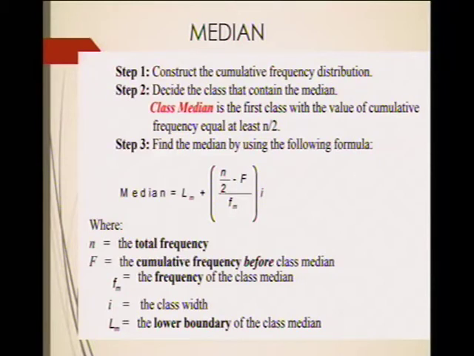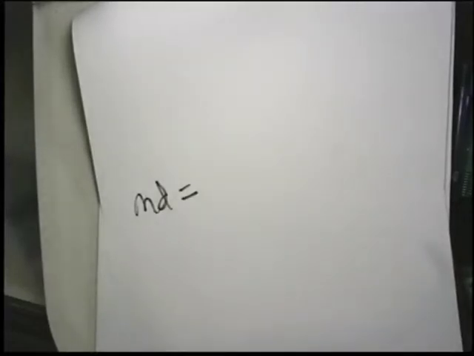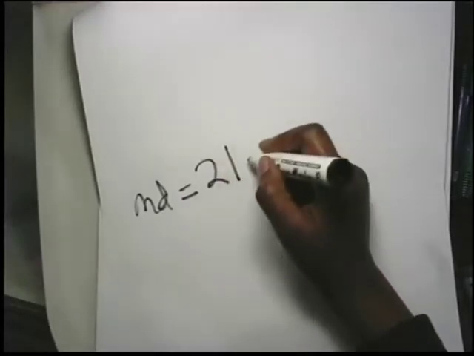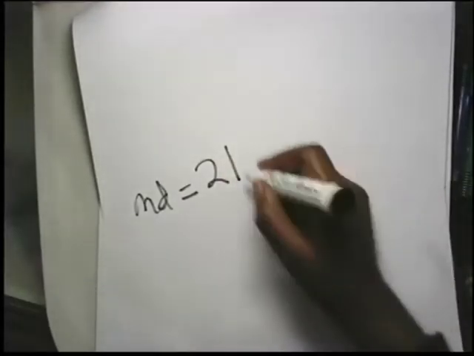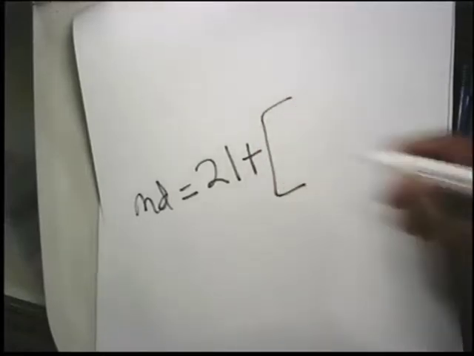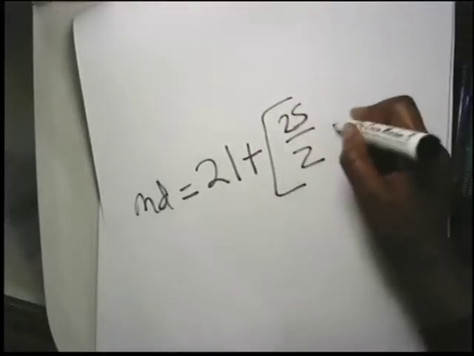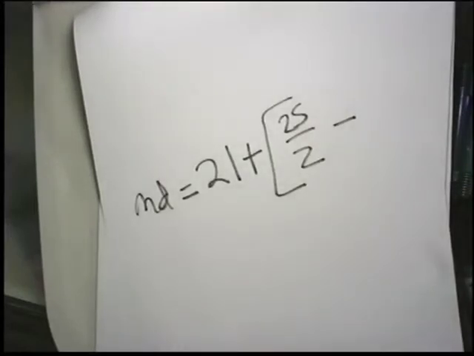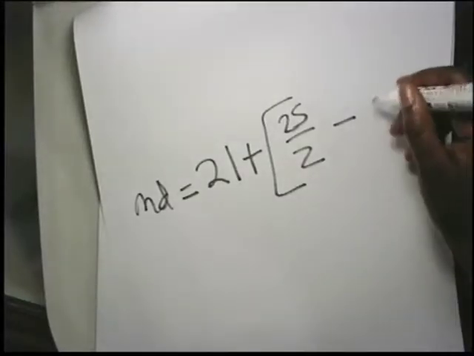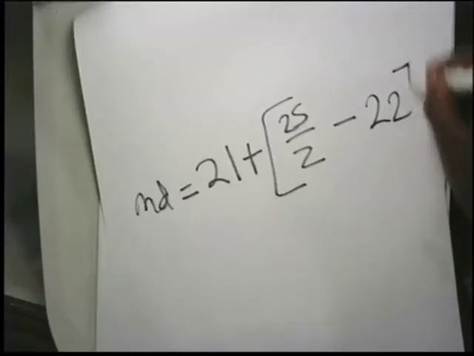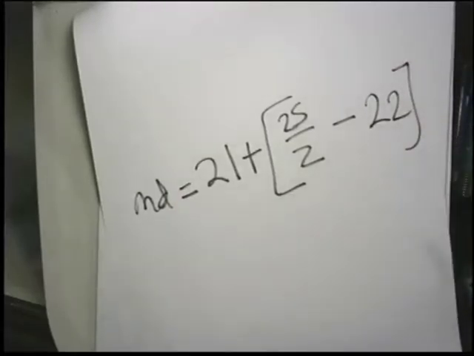The median will be L, the lower limit of that class. What is it? It is 21. We put 21. And then the formula says plus, we open bracket, n is 25 divided by 2 minus the big F. That big F is the cumulative frequency of the class before or above 34. Before 34, there's a 22. And then let's not forget to multiply everything with the